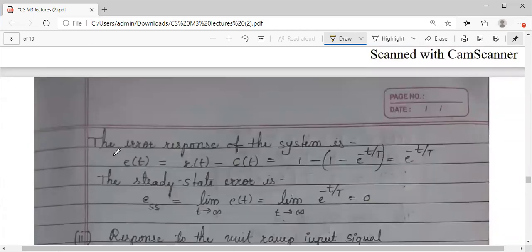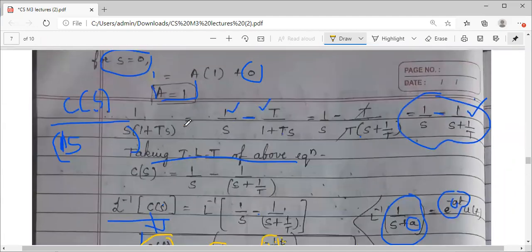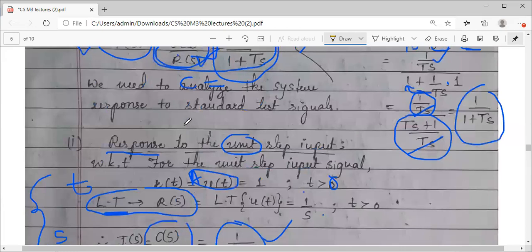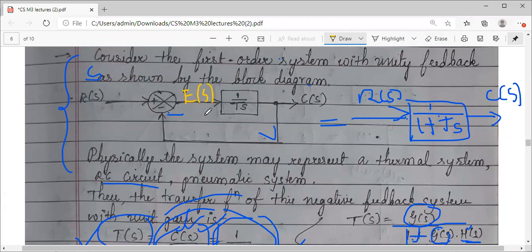I hope you understood. This is one more important term, that is error response, because if you see the block diagram which I have taken in order to apply, the considered diagram, this is the block. Here you will get error. Here, in case of transfer functions also, we have taken this is the error, that is actuators, what we call in the first unit we have seen. This is your error signal.